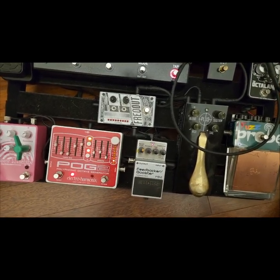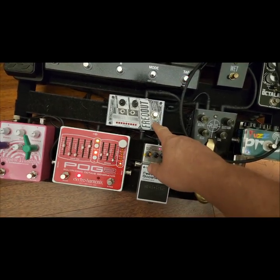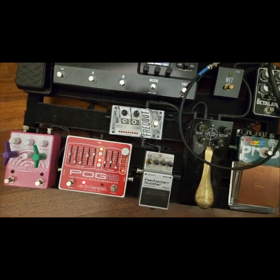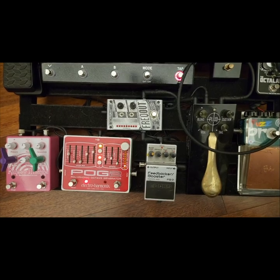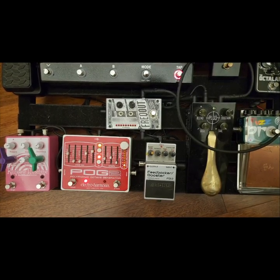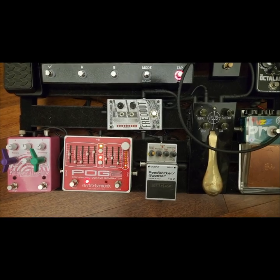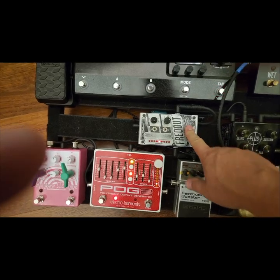Now, I'll go ahead and tell you the secret that I do is I play the Freak Out into the Feedback Booster, and they fight over the frequencies that are feeding back, and it is killer. That's the secret. And then let's see, Freak Out, I've got it in latch mode,